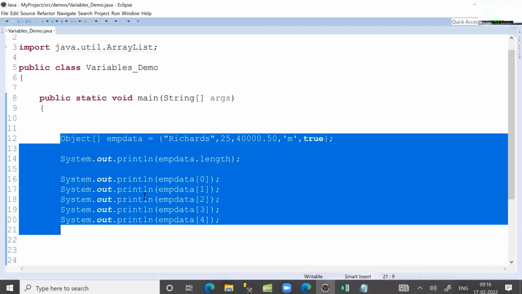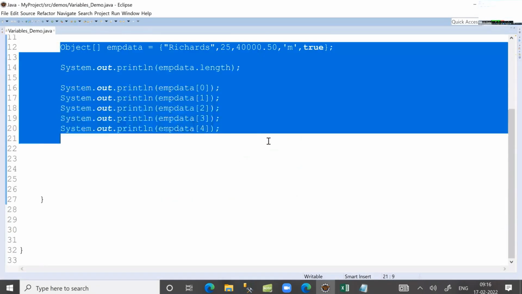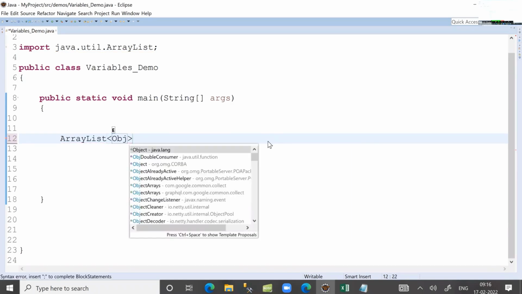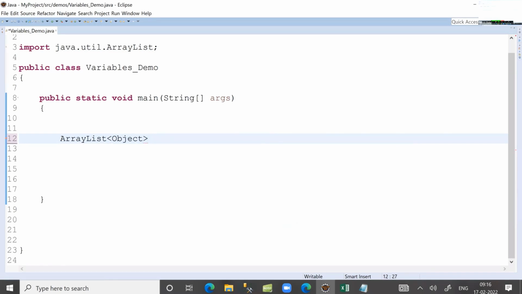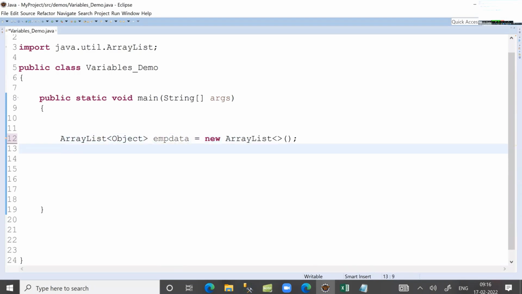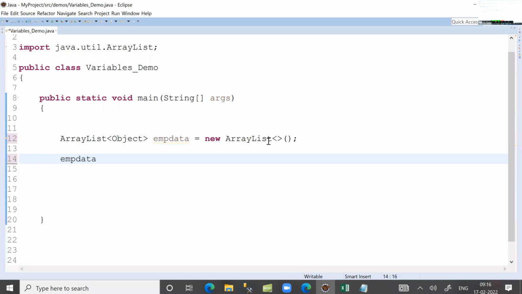Same way now. No need to note down, I'm updating the LMS. I want to create an array list of the data type object. Same as before, I am giving empData equal to new ArrayList. empData dot add the items: employee name,